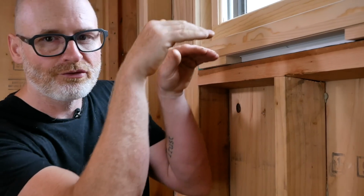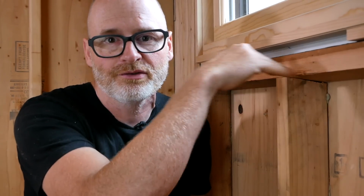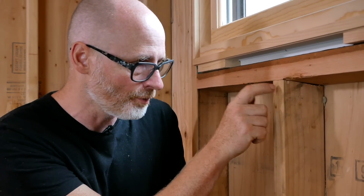Just really quick here, as long as I'm talking about windows, I want to show you a super convenient way to slope your windowsill so water is going to drain out of the building. The traditional way to do this is to either cut the sill itself at an angle or build it up with an angled block, but a way easier way is just to cut the cripple studs